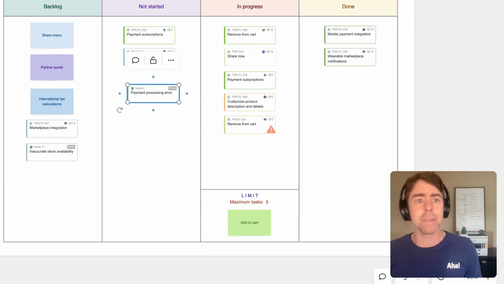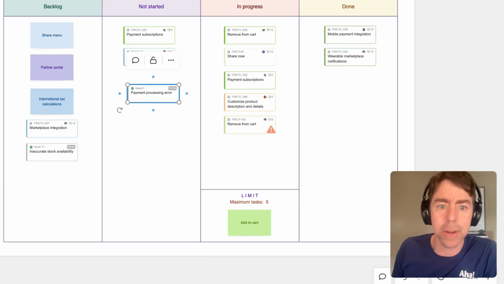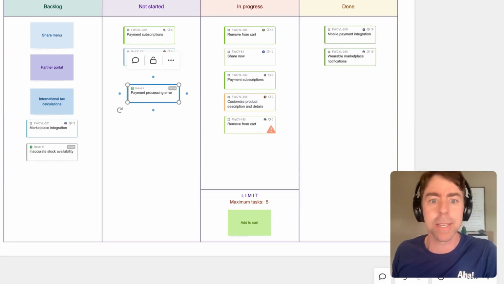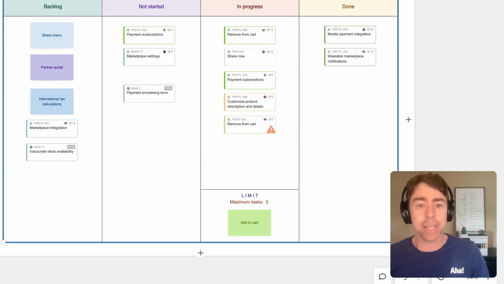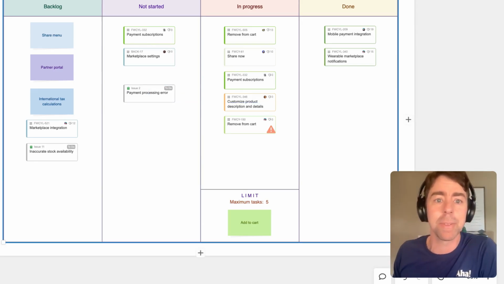That is it. We did an integration like this for Jira a little bit ago, and both integrations work the same way. It's just a really simple way to keep on top of what engineering has prioritized, and a much easier way to come up with a plan that everyone feels confident about.